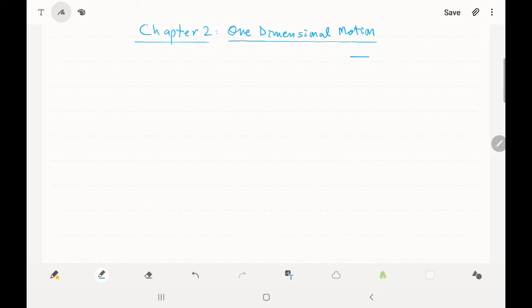Chapter 2, One-Dimensional Motion. Now, motion could either be translation, in which the object goes from one place to another, which may be in a straight line or not. And then the second kind of motion is rotation, in which the object may just be spinning, like the Earth is spinning. So the center of mass stays where it is, but it just keeps rotating,